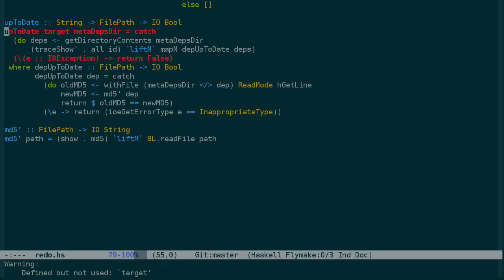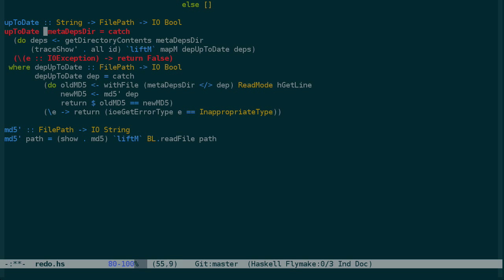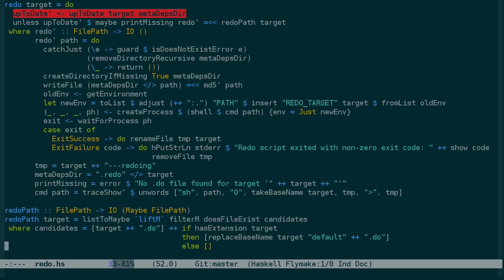Okay, this is saying that target is defined but not used. And as I was refactoring some code last time and passed in this meta-depster argument, I failed to realize that we're not using target anymore, so we can just get rid of it here. And so now we're down to